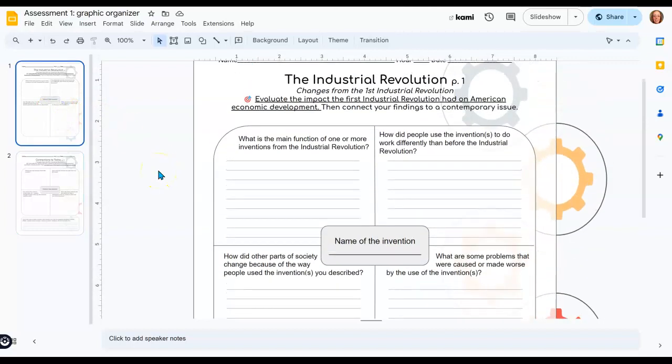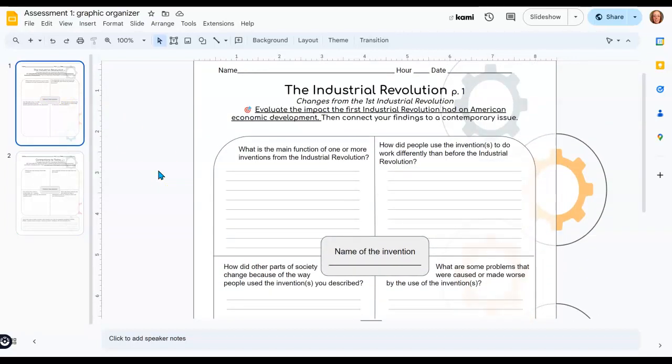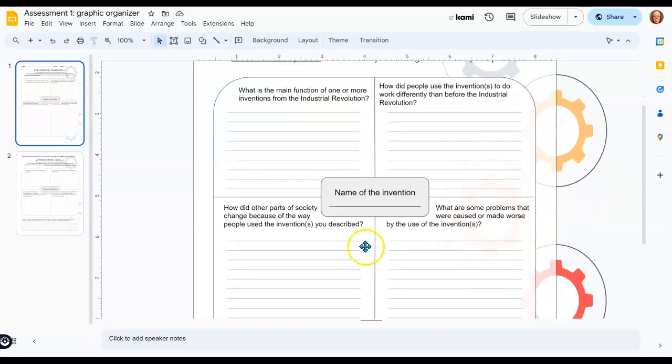If I'm doing self-driving cars there, cars are pretty obviously something that is transportation. So over here on page 1, I'm going to look at one of the transportation innovations. Maybe the railroads or the canals or the steamboat. And I'm going to write down what I found out in the textbook and in my notes and find out how did that invention change things. Okay, it doesn't have to be a lot of detail. The textbook didn't give you a lot of details about everything about steamboats or anything like that. So